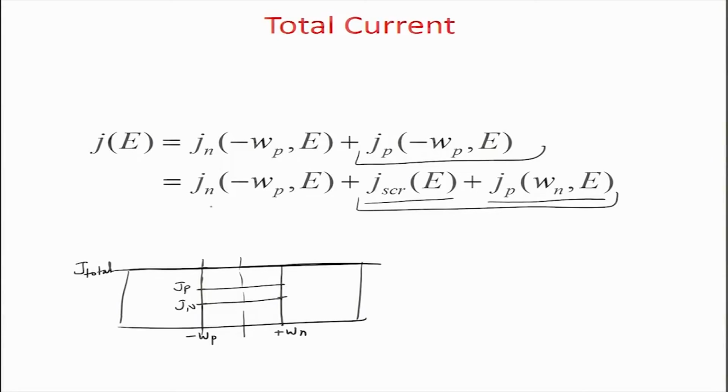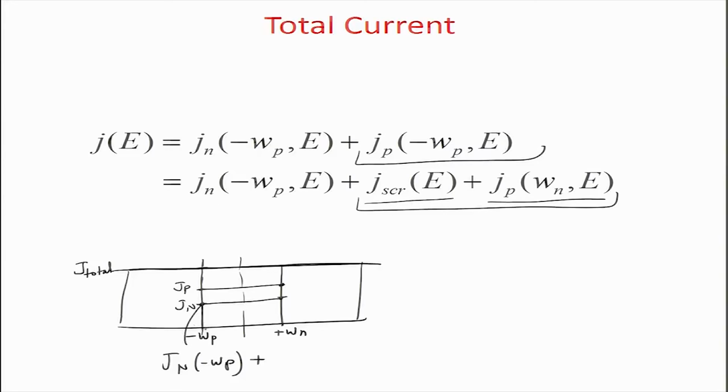So, what we do instead is say whatever is J n at this point, let us say J n at minus W p, plus whatever current was here, and then whatever is generated as a result of space charge. It could be negative or positive depending upon more recombination or more generation, but this current is not the same as this current, because earlier we assumed whatever goes in goes out, but now that is not the case because we have recombination generation taking place.